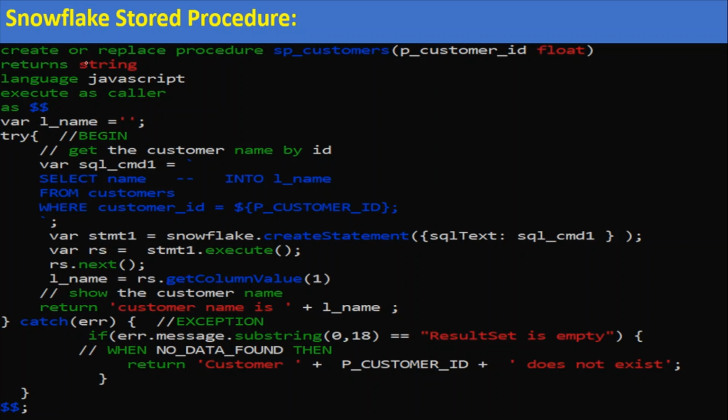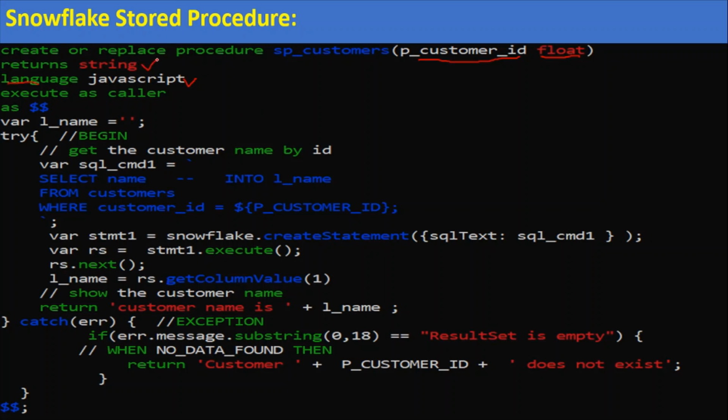So here is the Snowflake stored procedure. Please note that here also we give the customer ID as the input parameter, but the data type is float instead of number, because in Snowflake the number data type is not supported when you use JavaScript as the language, either for input parameters or the return type.